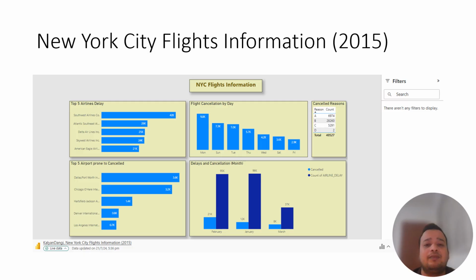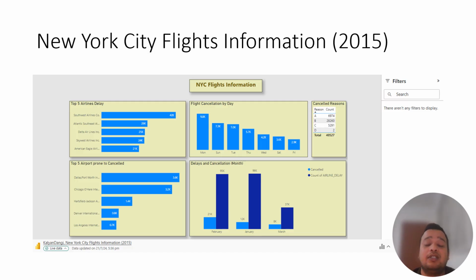The cluster column chart illustrates flight cancellation by day and compares the delays and cancellation by month, helping us identify patterns over time. Our findings reveal that Southwest Airlines had the highest number of delays, 42,000, which was 98% higher than American Eagle Airlines, with 21,311 delays. Among the top five airports, Dallas Fort Worth International Airport experienced the highest number of cancellations,